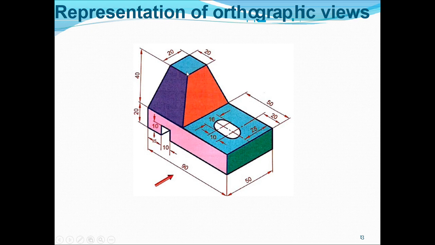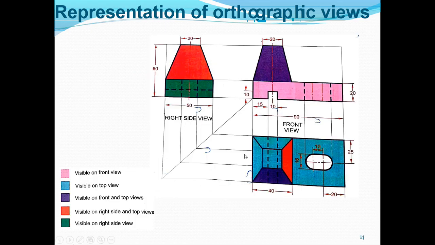Now since this is inclined, what will happen? If I see from the top, some portion of violet color will be visible, and some portion of saffron color also will be visible. So how will I represent this? The major portion of blue color is given here, and since I am going to see this from the top, because the sides are inclined, I will be able to see only this saffron color and violet color. So this is the representation of my top view.